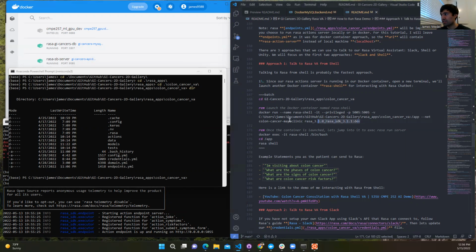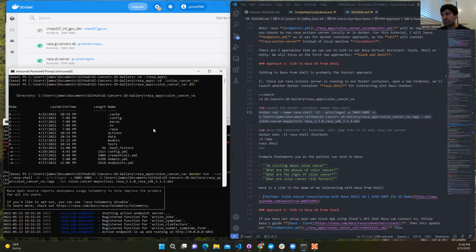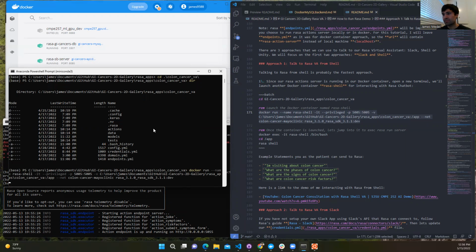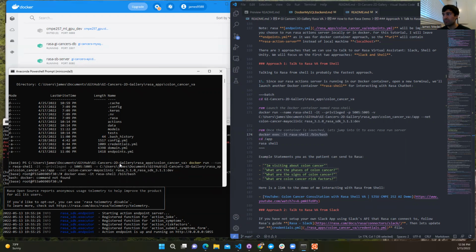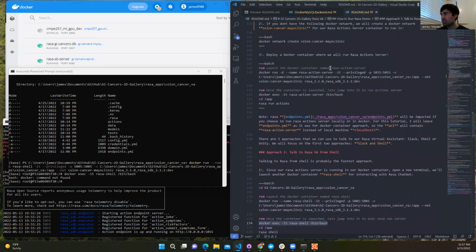And so we're just going to launch this next Docker container, Rasa shell. Again, it has to be the absolute path. That's what we're doing for the volume mount. We're connecting our Rasa shell to the colon cancer Mayo Clinic network so that it can connect to the Rasa action server. Right, we're already inside the Docker container because we did interactive mode, which